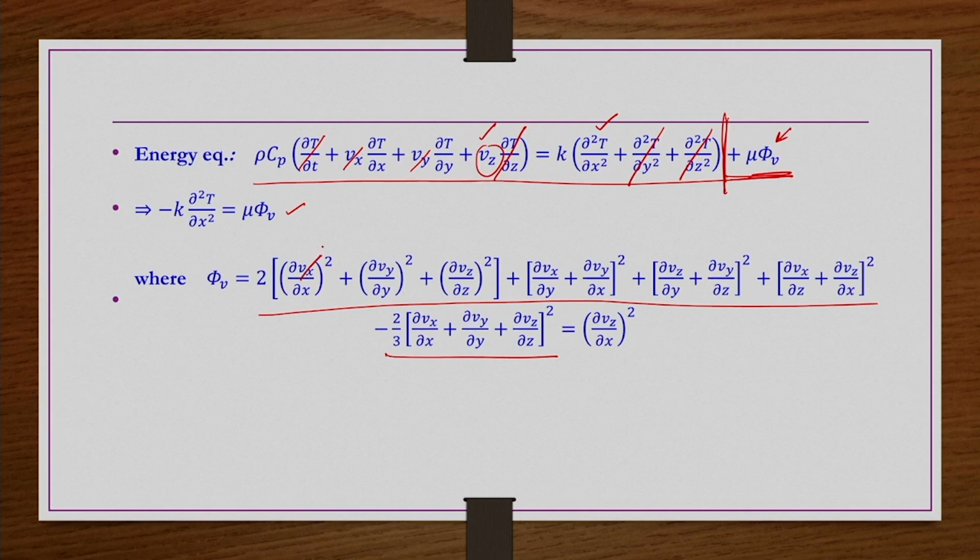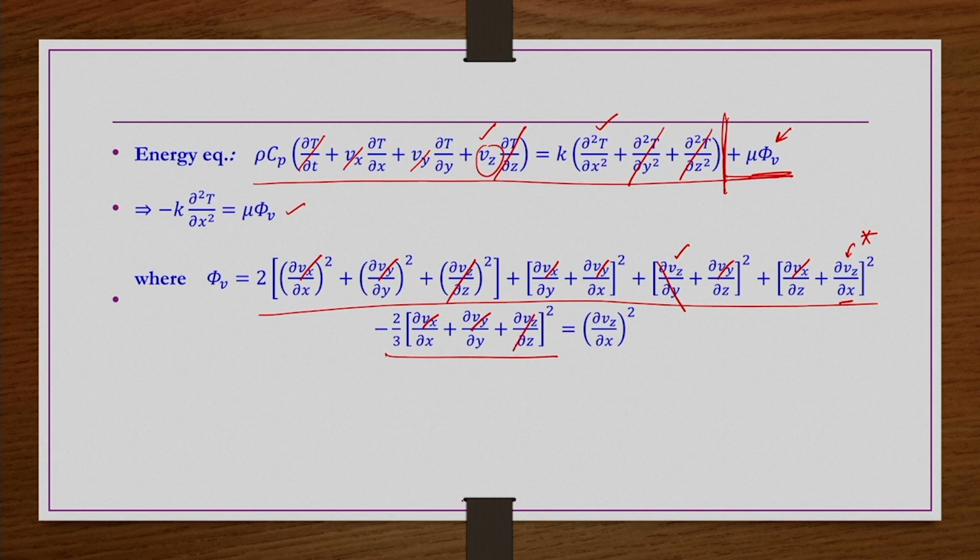So, Vx is 0, this term is 0, Vy is 0, this is 0. Vz is there, but Vz is not a function of z, it is a function of x only. So, this term is also 0. Vy is not there, so this is 0, Vx is not there, this is 0. Vz is existing, and it is a function of x also. So, this term should be taken, this term would be there,